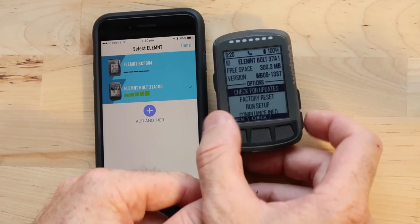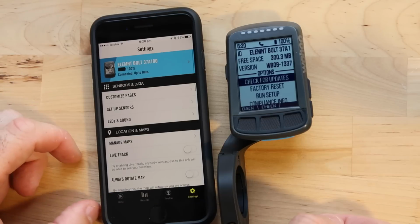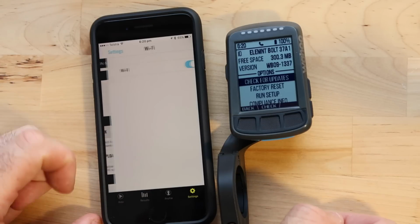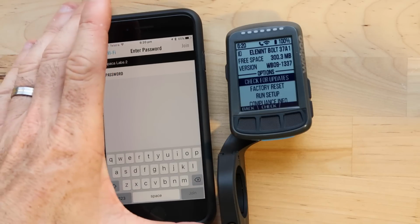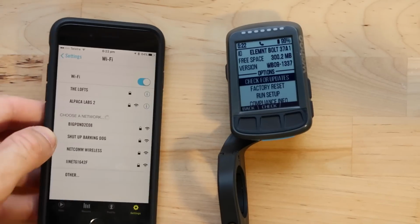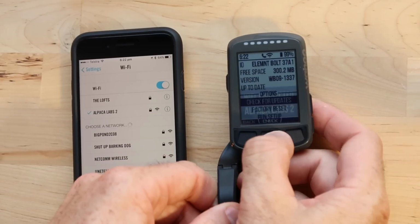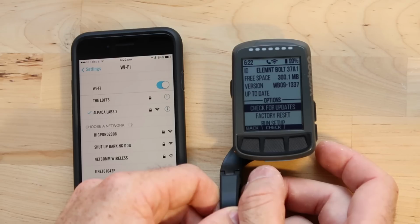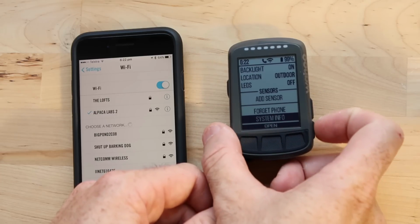Aha! So we need to set Wi-Fi up from this app. Okay, so we'll set Wi-Fi up on my home network here. Done. There we go, Alpaca Labs, that would be me. And let me do the password here. Connected to my home Wi-Fi. Checking for updates. First ride always has to be with the latest firmware. Oh, we're up to date. Easy as that. So everything I'm seeing here is exactly the same as the element, so it's all very